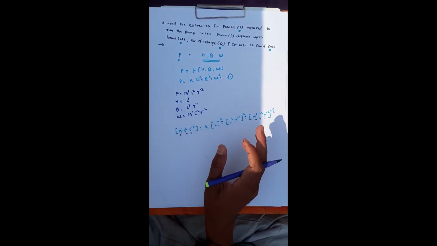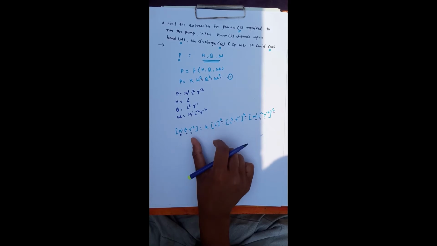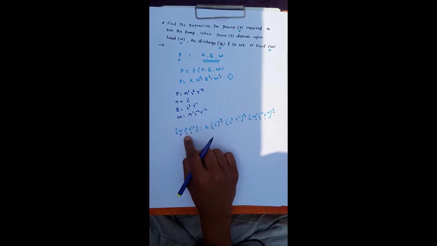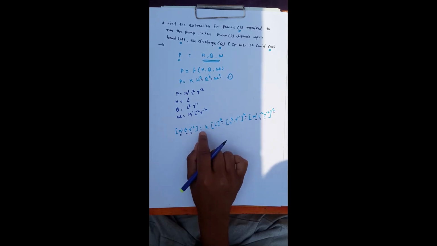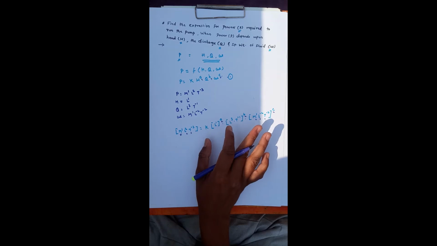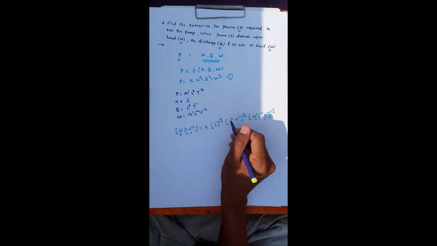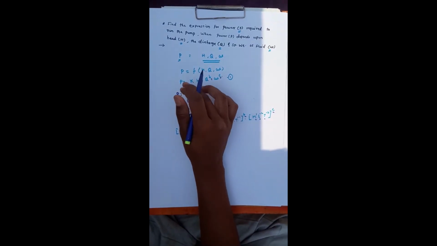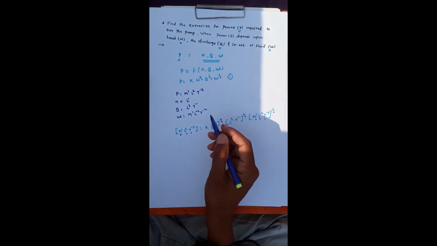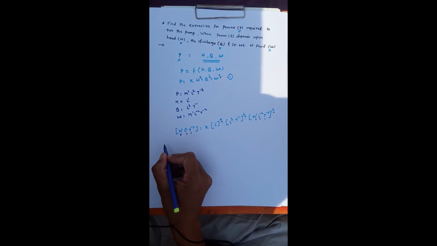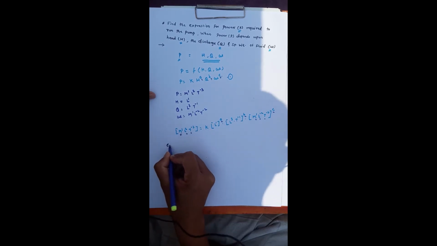So if I am going to compare the powers of M from both sides, compare the powers of L from both sides, and compare the powers of T from both sides, then I will get the values of A, B, C, and after putting those values of A, B, C, I will get the direct correlation between the dependent variable and the independent variable. So first of all, I will equate